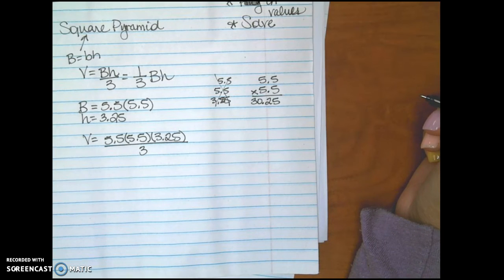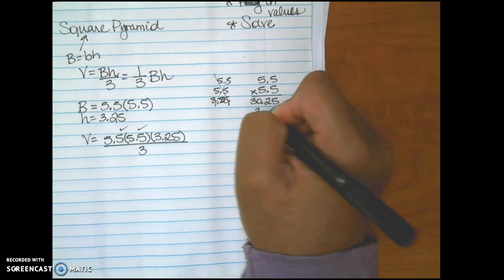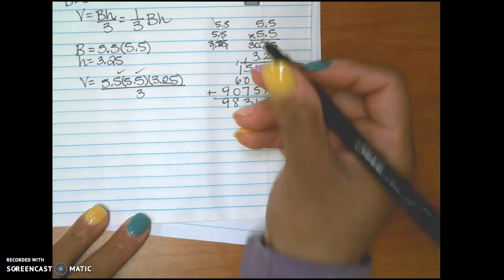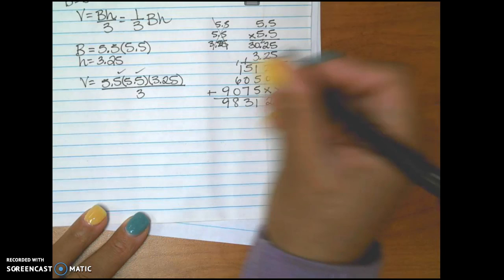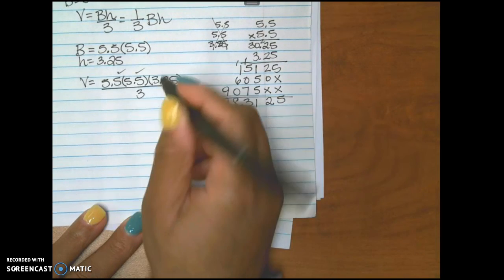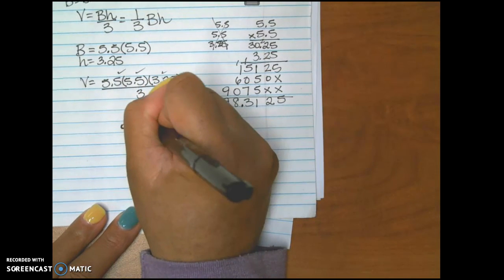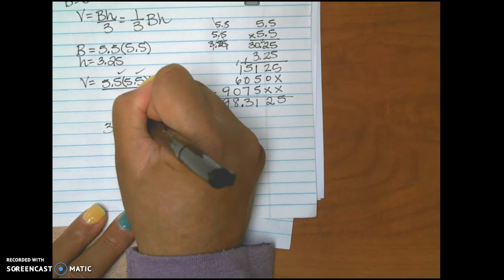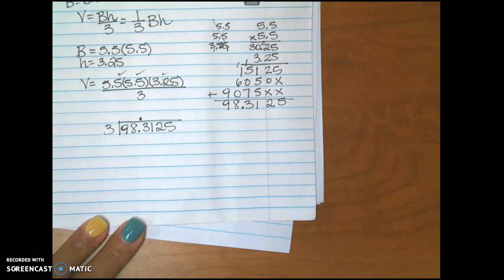Now what do I have to do? I've done that and that. Now I have to do times 3.25. Now where do I place my decimal? Between the 8 and the 3, and then what's my last step? Divide by 3. 98.3125, 10,000ths divided by 3 will give me my answer. Get ready to go. Can I solve that on the